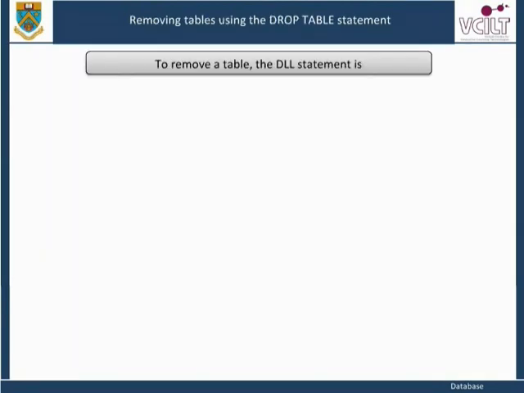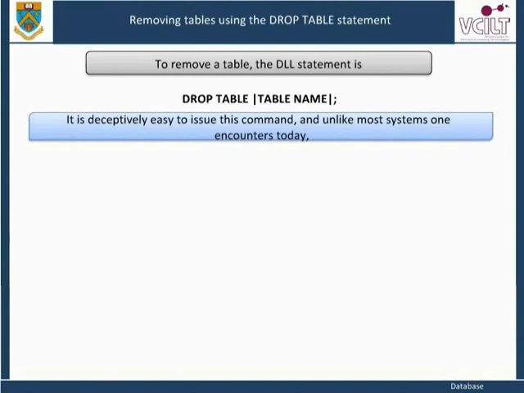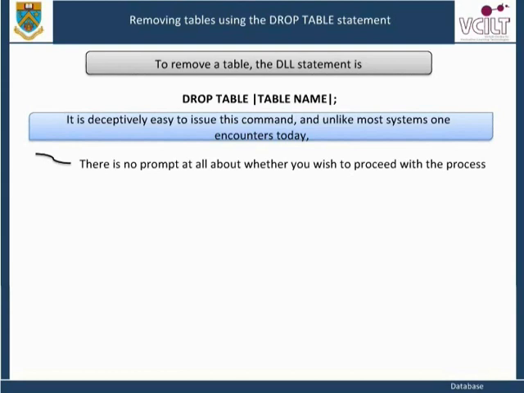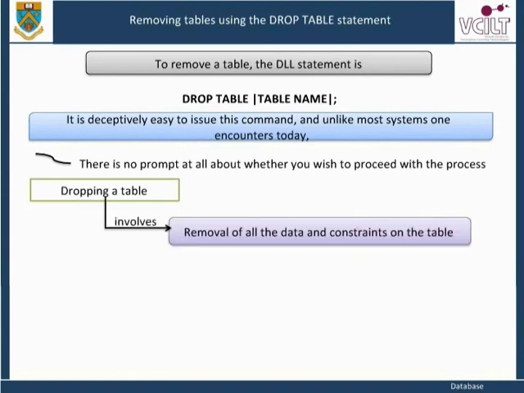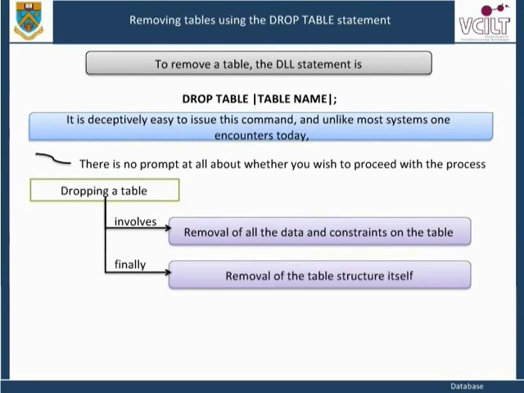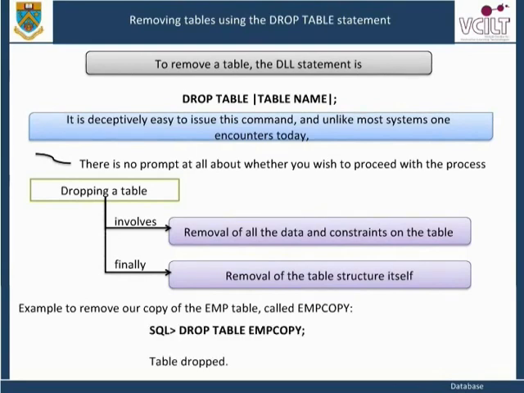To remove a table, the DDL statement is drop table, table name. It is deceptively easy to issue this command, and unlike most systems one encounters today, there is no prompt at all about whether you wish to proceed with the process. Dropping a table involves the removal of all the data and constraints on the table, and finally, removal of the table structure itself. Example: to remove our copy of the employee table, called employee copy, SQL> drop table employee copy;